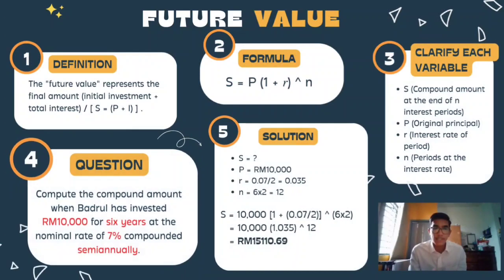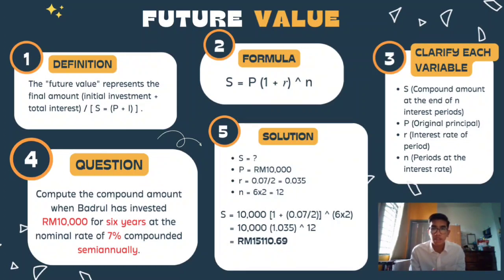Now let me discuss the crucial part, which is future value. The definition of the future value: the future value represents the final amount, initial investment plus total interest, and we will conclude to the simple formula S equal to P plus I, where S represents the future value, P the original principal, and I the total interest. And we will use the formula S equal to P bracket 1 plus R bracket power of